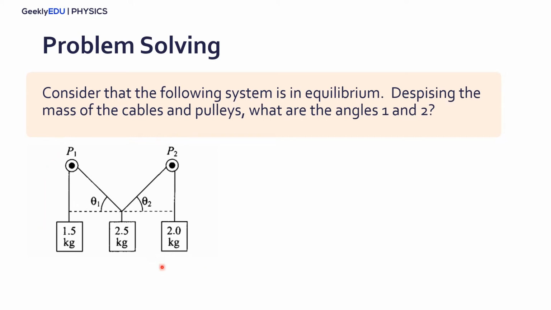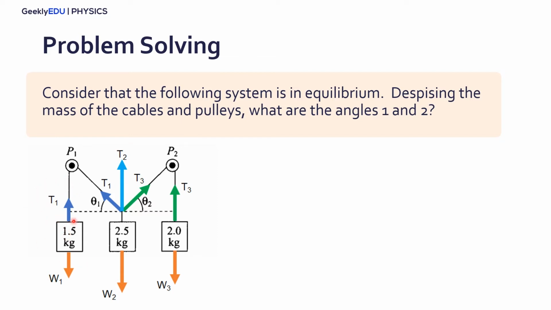Okay, let's think about the problem first. We know that it's in equilibrium, and by Newton's first law of motion, it means that nothing here is moving. There's no acceleration. Also, let's identify all the forces acting in the system here. And these are the forces. We have the weight of each block and the tensions in the cable. We know by Newton's third law of motion that for every action there's a reaction. In this case here, the weight of block number 1, for example,